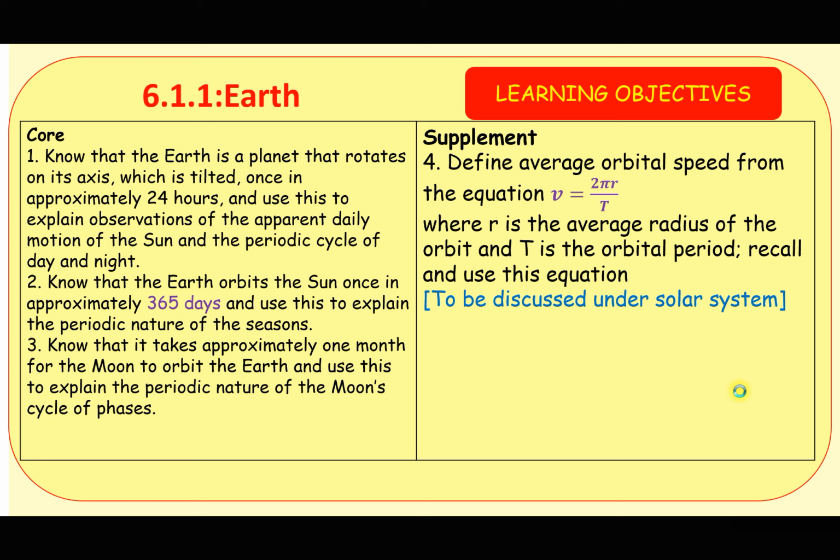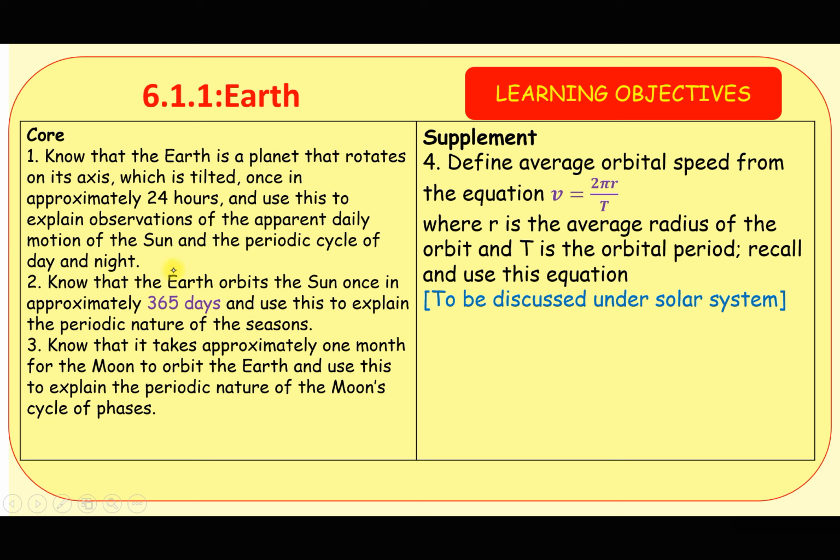We are going to start with the Earth. Under the Earth, I quoted the learning objectives from the syllabus. We should know that the Earth is a planet that rotates on its axis, which is tilted, once in approximately 24 hours, and use this to explain observations of the apparent daily motion of the Sun